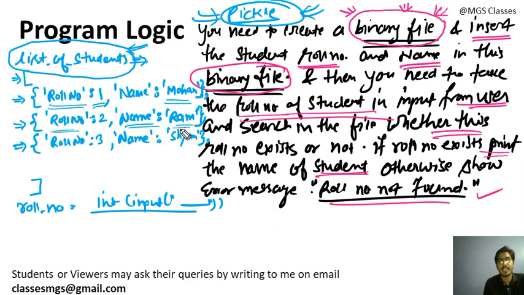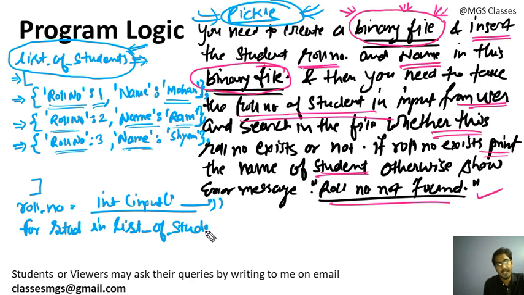If you don't know dictionaries from class 11, then it will be a little bit difficult for you to understand this, because list and dictionary are the basic concepts to solve this problem. So what I can do is iterate over this list of students, storing each item in a variable like student data. Like this I can iterate. This for loop you should know from class 11.